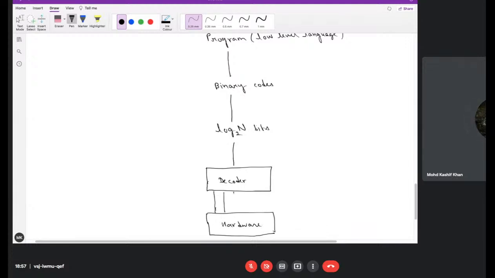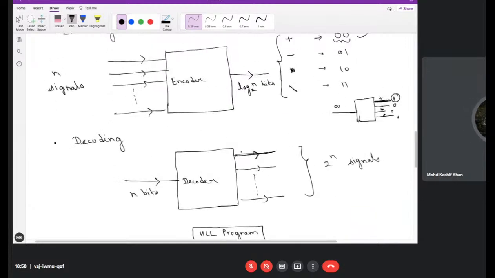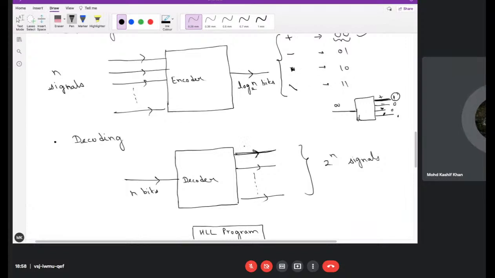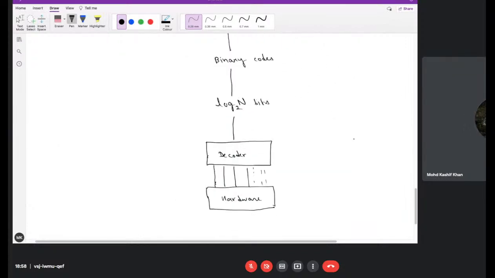Now each output of the decoder will be connected to some hardware port. Okay. Now what will happen? Each sequence of bits will represent an operation. Like we have seen here, suppose 00 will represent plus, 01 minus, 10 multiply, 11 divide. So in the same way, it will be implemented here. These log n base 2 bits will represent some operation,